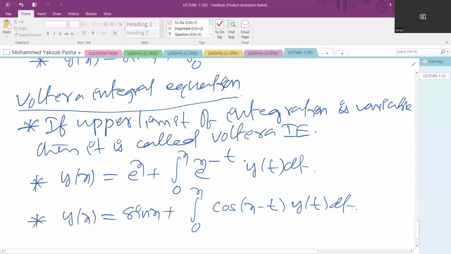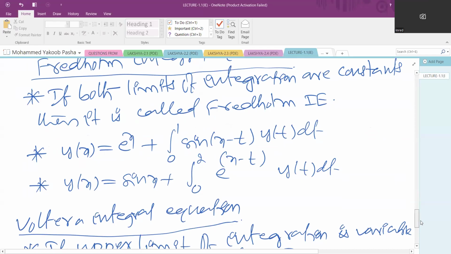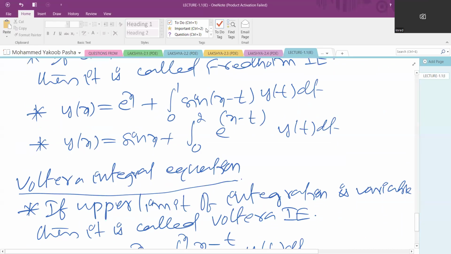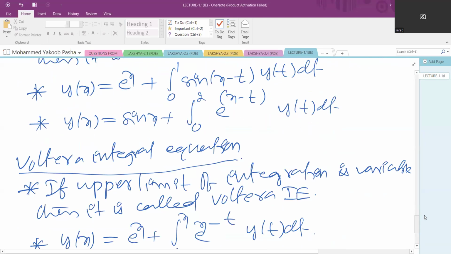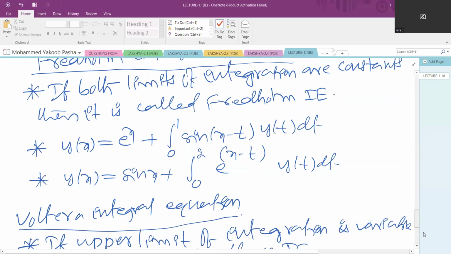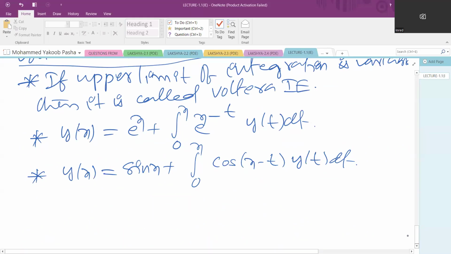Depending on the limits of integration, we can classify integral equations into two types: Fredholm integral equation and Volterra integral equation. Fredholm integral equation means both the limits are constants. When the upper limit is a variable, that integral equation is called a Volterra integral equation. This is the main classification of integral equations. You should remember the Volterra integral equation form and the Fredholm integral equation form. And one more classification,